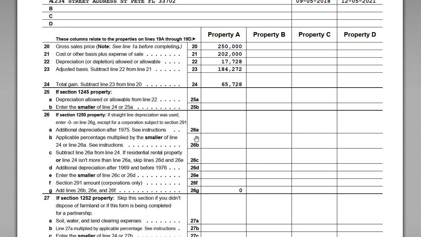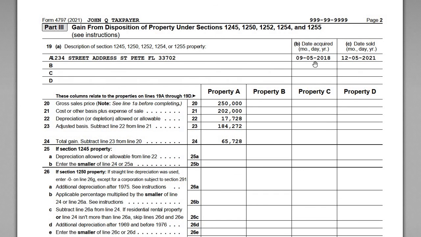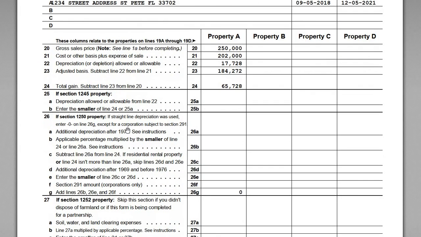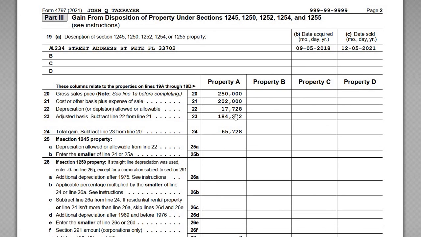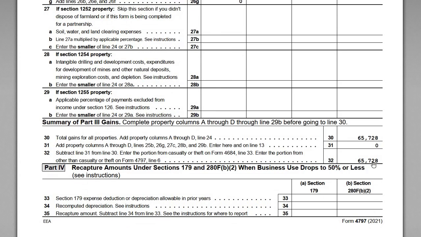But high level, if you're buying a property after 1986, this section is going to be irrelevant to you. Quite frankly, you're not going to need this. You're not going to see it, and that's because all the real property placed into service in the last few decades is just being depreciated under the straight line method. So you don't have any of this accelerated depreciation. Okay, so once we have our total gain at the bottom here,